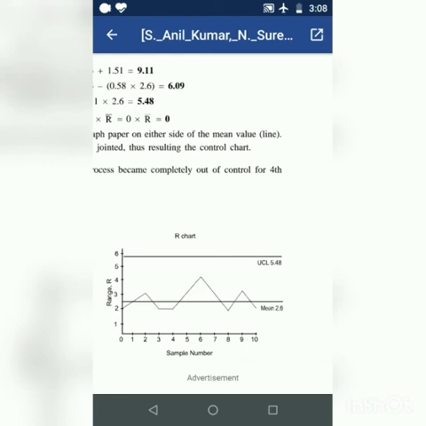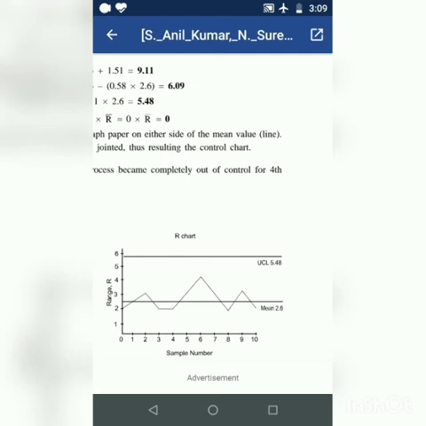If we look at the range chart, we cannot say that the process is going out of control, because all the samples are between the lower control line and the upper control line. So friends, we are supposed to look at more types of charts to understand what the problem was. The range chart is not displaying the problem which has occurred in the process, but the mean chart is